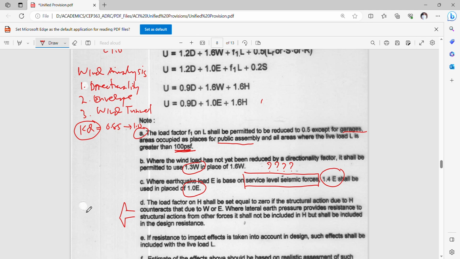If your earth pressure is active, passive, or at rest. Okay, so we have to have a good idea on what these terms are in order for us to apply an analysis, whether to neglect or to consider